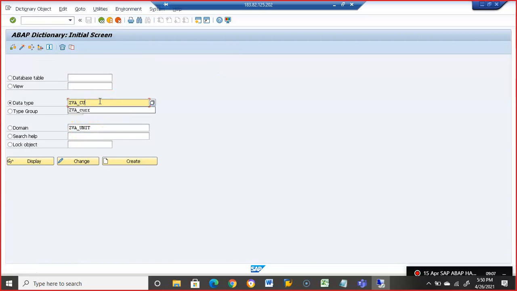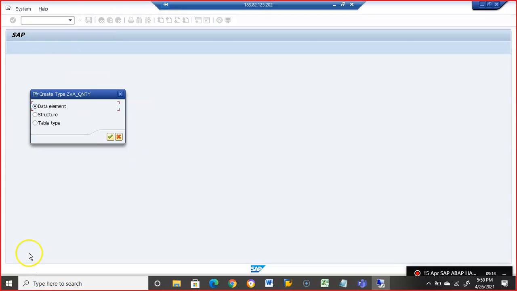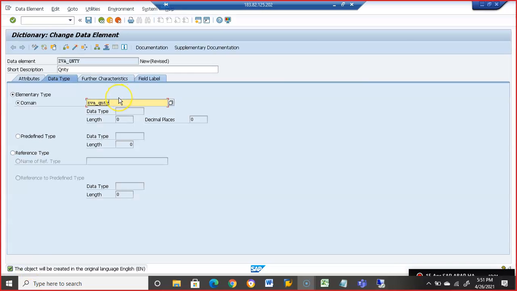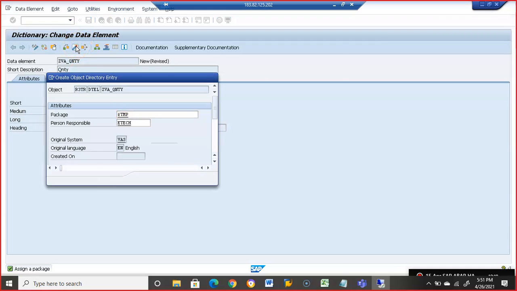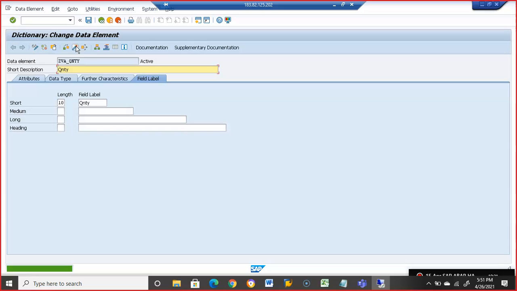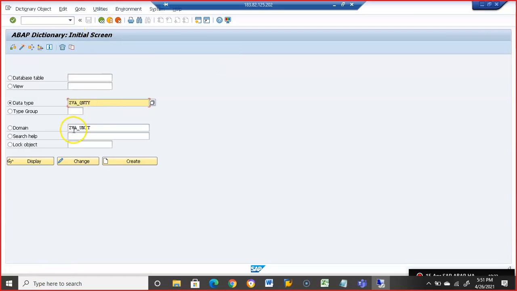Currency, and then we need to go for quantity. We are going for the domain for this field. Going for the domain for ZVE and QNTY, and then quantity.